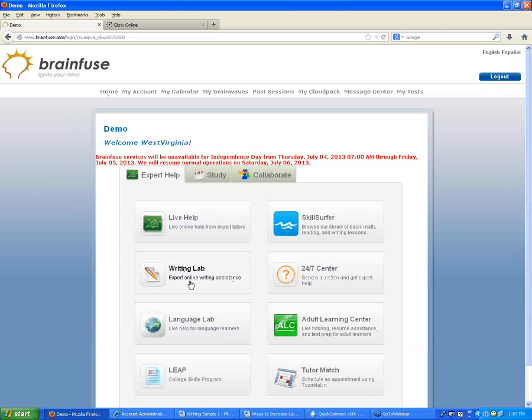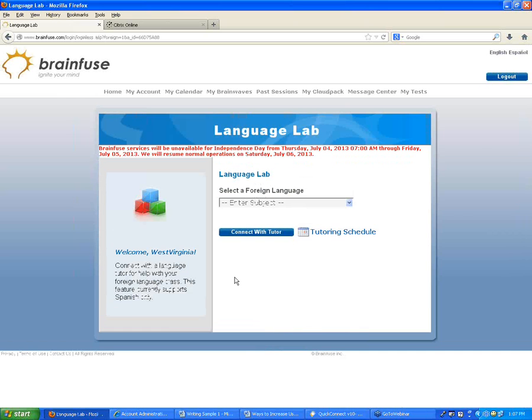So if we go back to the home page here, the next button is the Language Lab. This is here for anyone who's learning to speak Spanish. Spanish is currently the only language we offer in the Language Lab. If you click on the button, you'll see Spanish is the only option available. You can choose that and then connect with a live tutor here, and that tutor can help you with